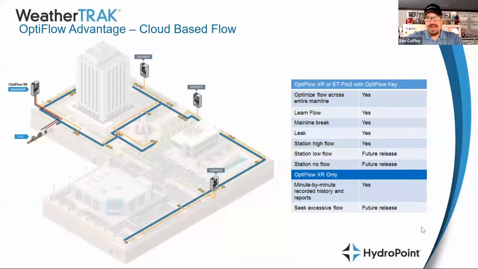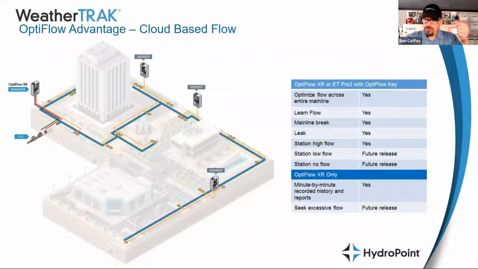We can have commercial sites, we can have HOAs, we can have corporate campuses, we can have simple systems, we can have complex systems. And the OptiFlow architecture is designed to be easy enough that we can retrofit onto any of those. So the way that works is cloud-based flow management. In this example, we have this controller right here that listens to the flow sensor and master valve. But then because we're sharing all of that information in the cloud, we can have all of these member controllers, all of these other controllers listen to that flow sensor